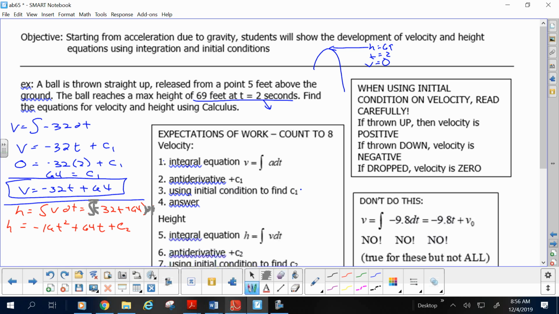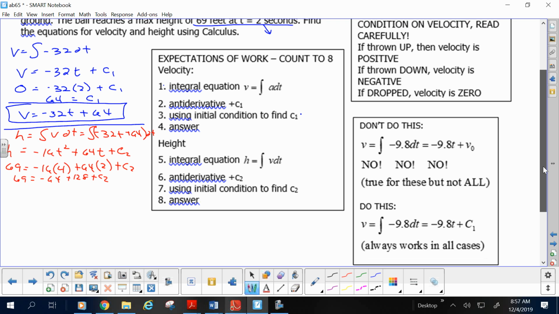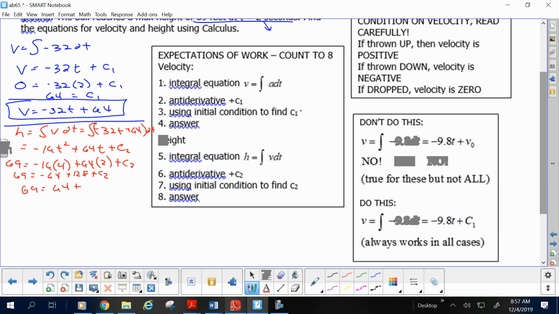In order to find C2, I need a T and an H to put in. Do I have a T and an H to put in? What do I put in? 69 here for a time of 2, so I get 69 equals negative 16 times 4 plus 64 times 2 plus C2. What is that? 69 equals negative 64 plus 128 plus C2. Follow me? 69 equals 64 plus C2, so C2 is 5. Therefore, my height equation in its entirety, with the constant in, is